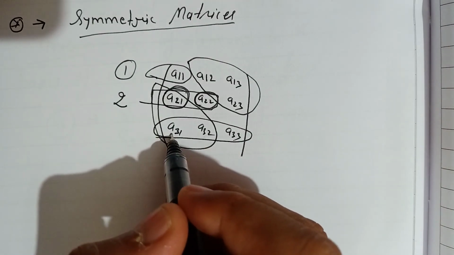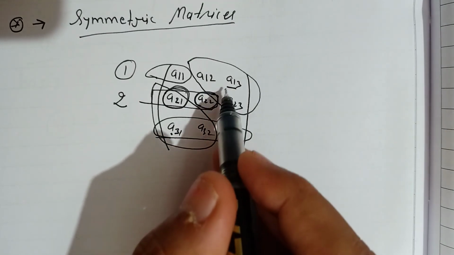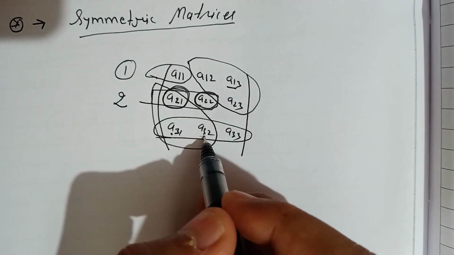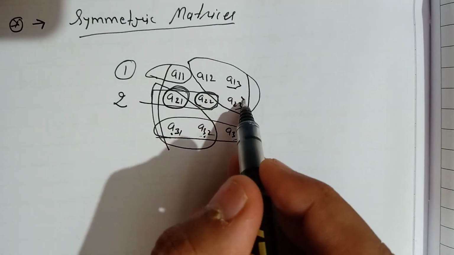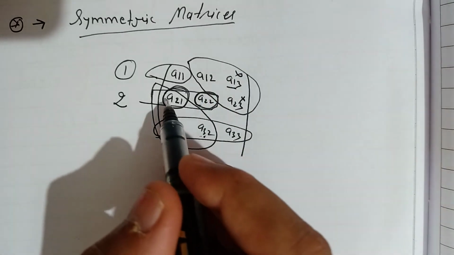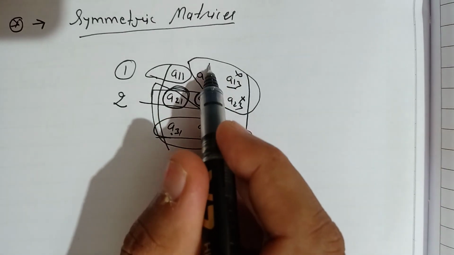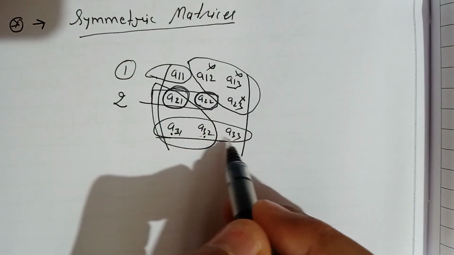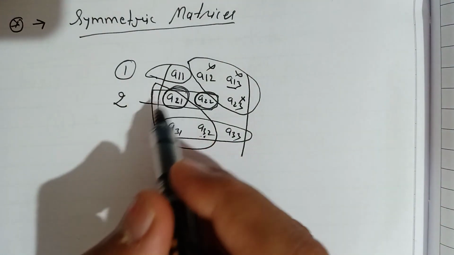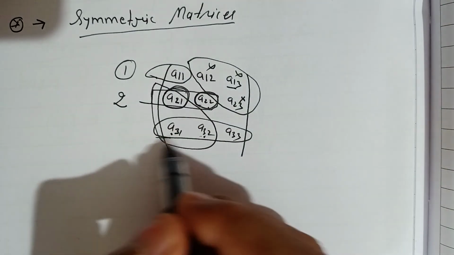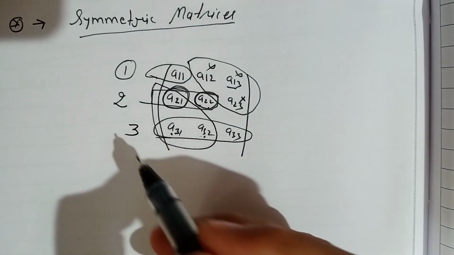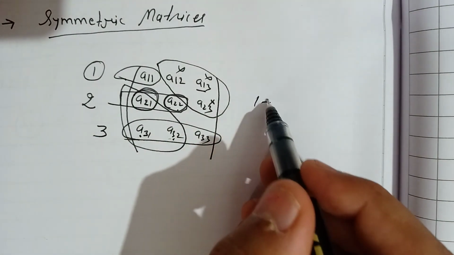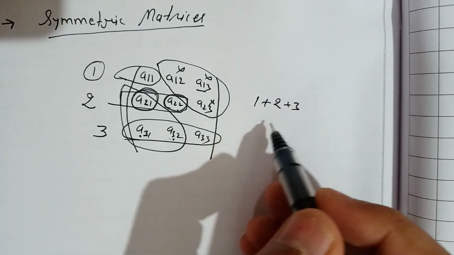A31 is free, so A13 is dependent; A32 is free, so A23 is dependent; A21 is free, so A12 is dependent; and A11, A22, A33 are free variables. So in the first row we have 1, second row 2, and third row 3. So these are the free variables. So 1 plus 2 plus 3, 6